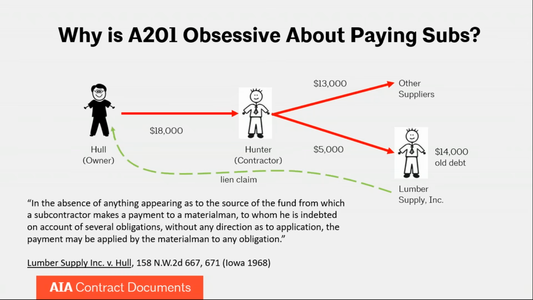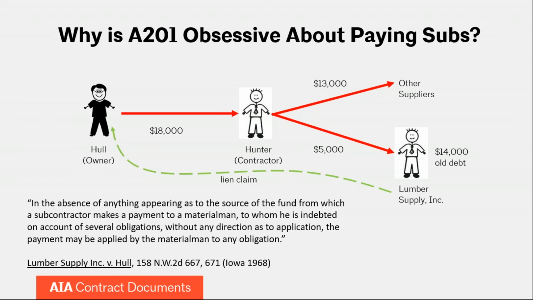Okay, so the example is illustrated by a case that we get out of the Supreme Court of Iowa all the way back in 1968. This is Lumber Supply Incorporated versus Hull. Hull hired a contractor named Hunter to build a house for the Hull family. Hunter then hired a number of suppliers and subcontractors to do work on the project, one of which was